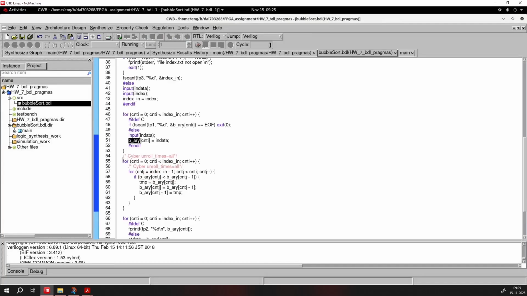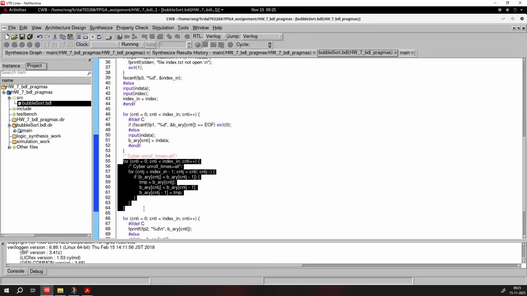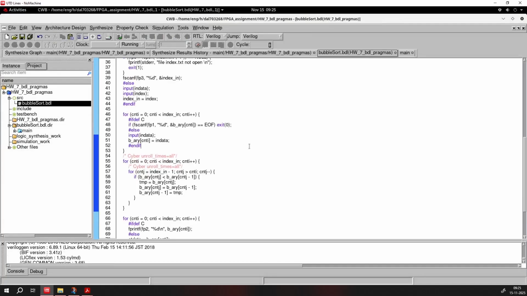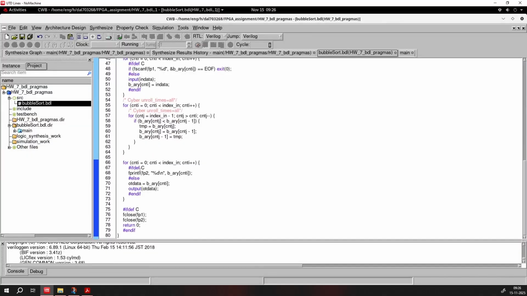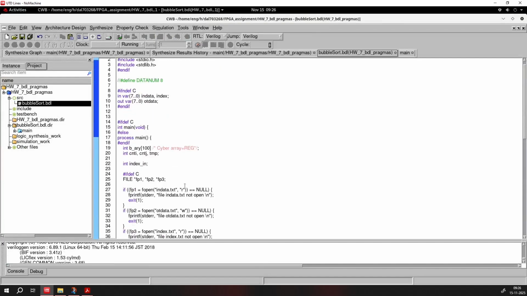And this is the core functionality of our bubble sort, where it will evaluate the current array element and the next array element to see which is smaller and swap accordingly. And then once the swapping is done, the same array is written out to the file, either in C or in our synthesis. So here, as I talked about, we are going to target two pragmas and understand how